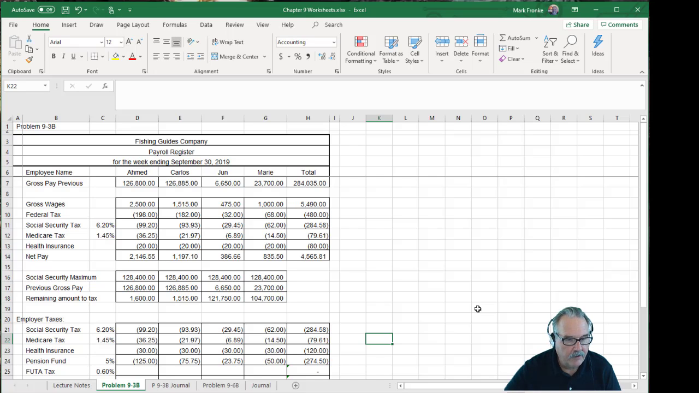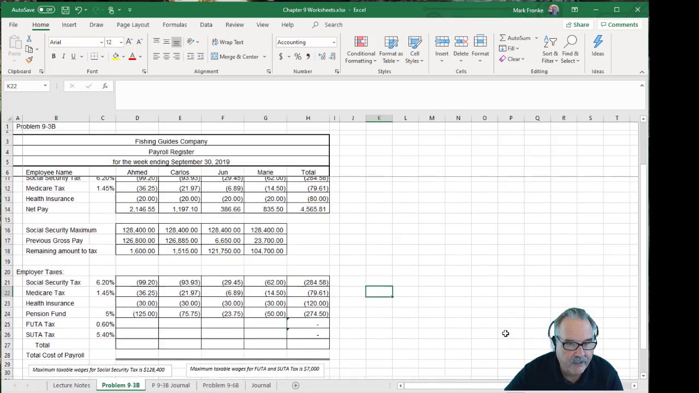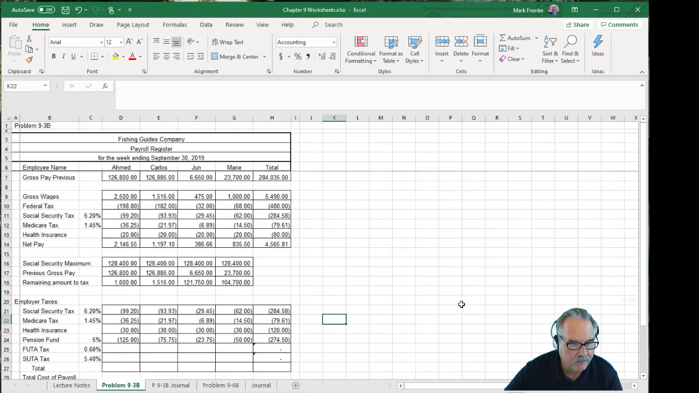So the last thing we have to deal with is our FUTA tax. And let me make it even smaller so we can put all this on there. FUTA tax is a federal unemployment tax. The SUTA is a state unemployment tax. And you can see that the FUTA tax is much lower than the SUTA tax, but the wage base for